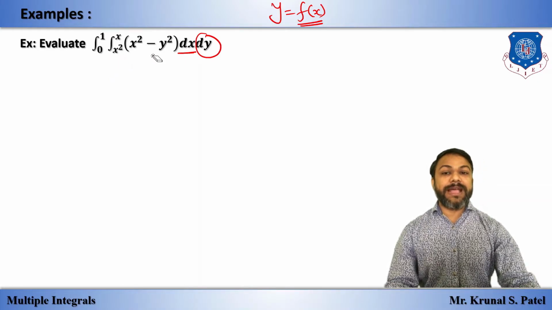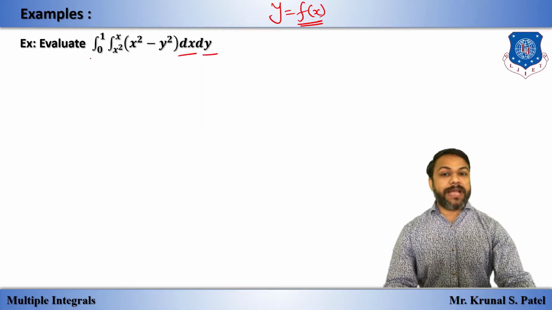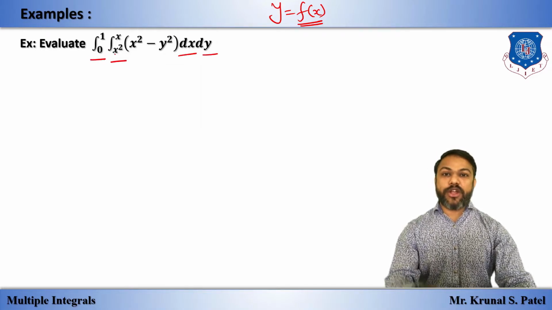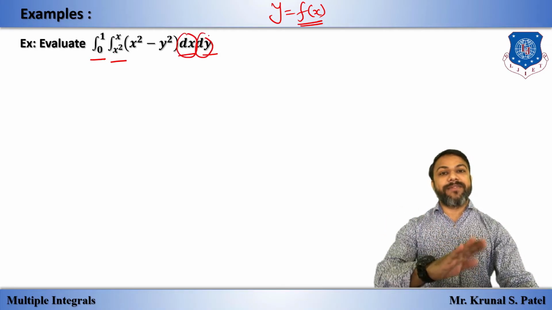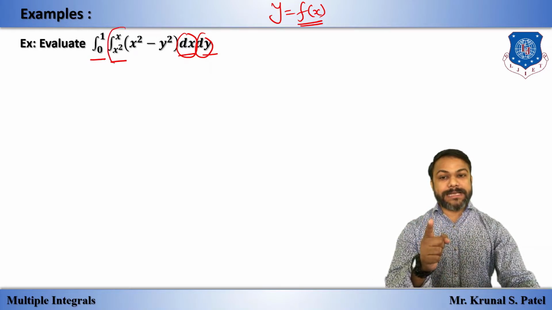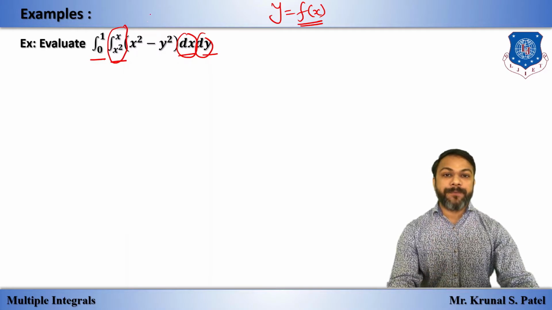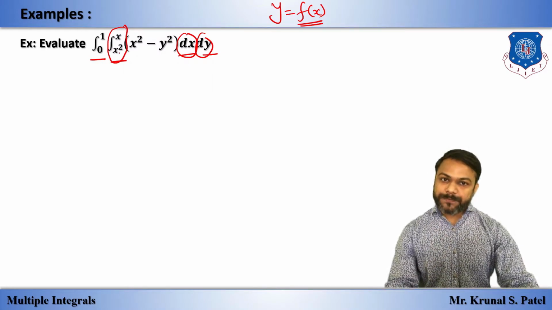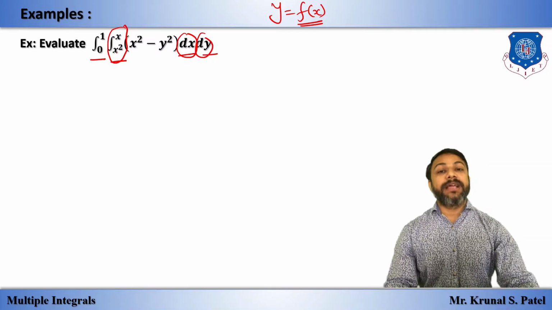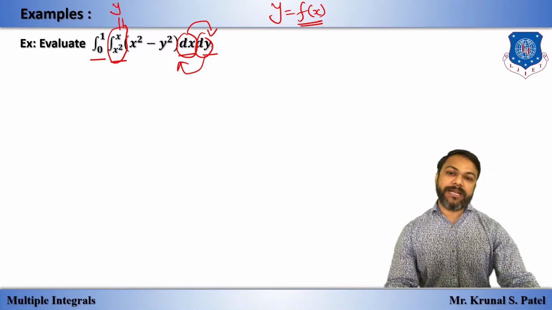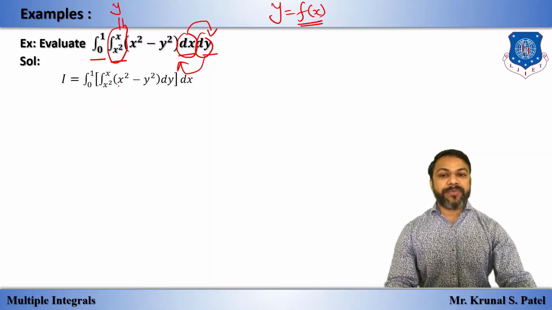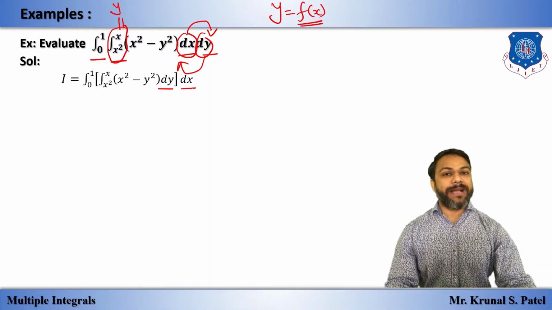So first we will arrange this dx and dy. We cannot move the integral, but we can change the dx and dy, inside or outside, according to the inside limit if it is a variable. The inside limit is a variable of the form x, which means it is a limit of y. So dy should be inside and dx should be outside. So first we will start with the integral I and change this order.